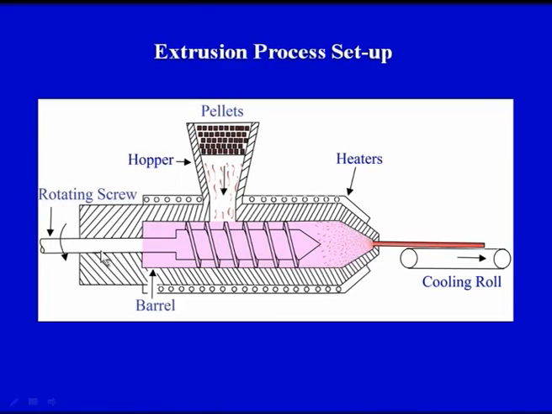The raw material is placed in the hopper, the raw material enters the barrel through the hopper continuously, and this rotating screw is rotating it. The raw material after entering the barrel will get heated because of the heating elements, and these heating elements will melt the plastic material, and this molten plastic would be pushed by this rotating screw, or this is the example of a screw type of a feeder.